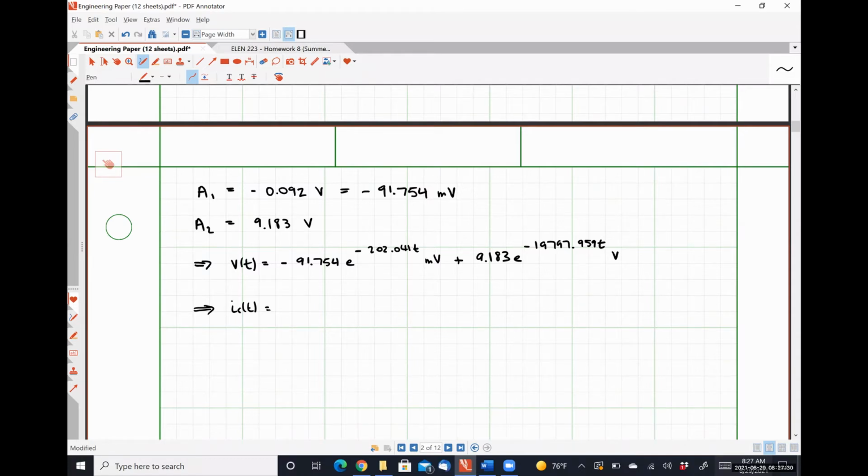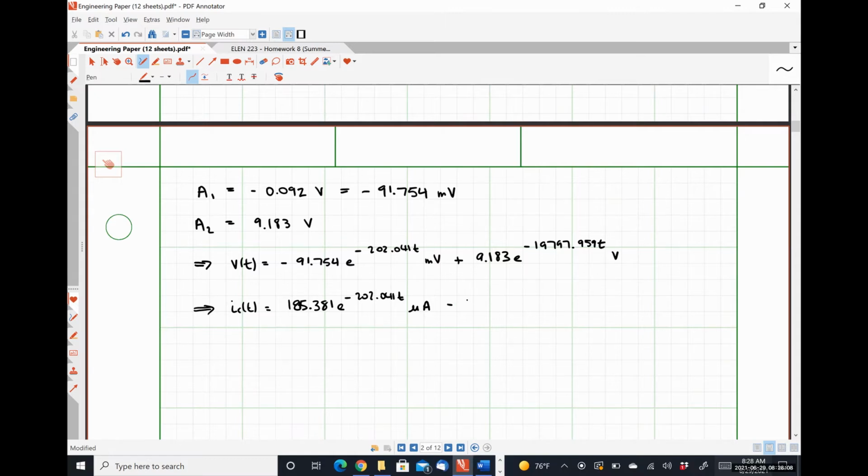So that's going to look like 185.381 e to the negative 202.041 t microamps there. And then for my second term, where I have S2, which is D times C, so 10 times 10 to the minus 6 times A2, which I have stored as Y,